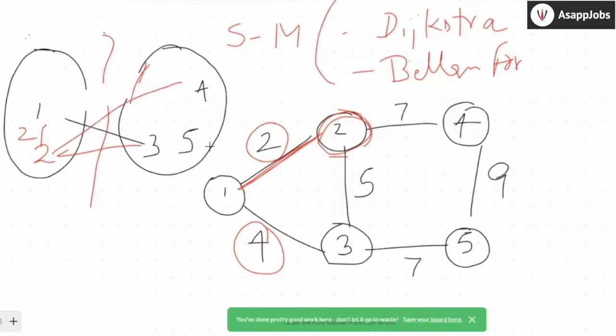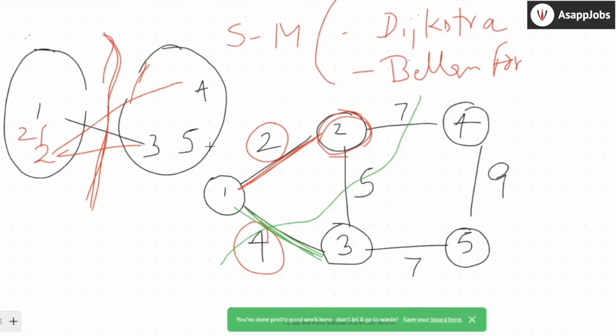So if I remove these three edges, my graph will again become disconnected. Right? So here I represent these three edges. These, this, and this. The ones over the green line. So if you remove these three edges, your graph will become disconnected. Again, you find out the minimum out of these edges. Minimum is 4. So this is the minimum that you pick. Once you pick that edge, 3 will come on the left side again.